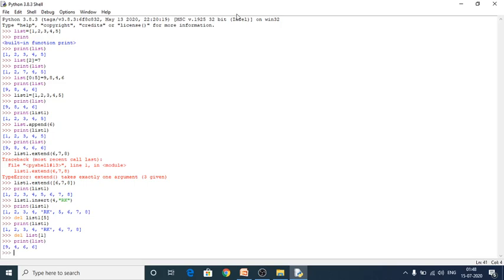Yes, see here, 6 would be deleted from this list. See here, 6 would be deleted because I couldn't see it. 1, 2, 3, 4. Yes, and here I have given 5 as my index value. Because of that the sixth value was deleted by the index operator.